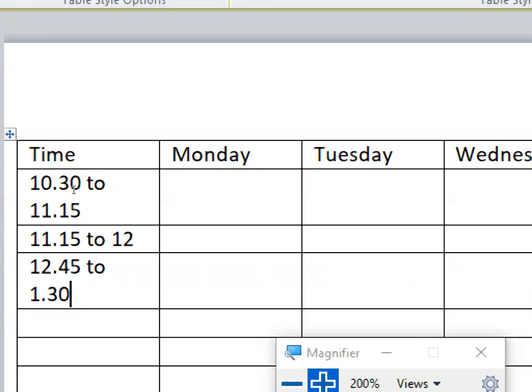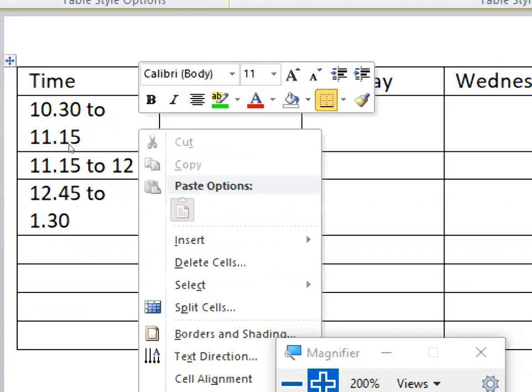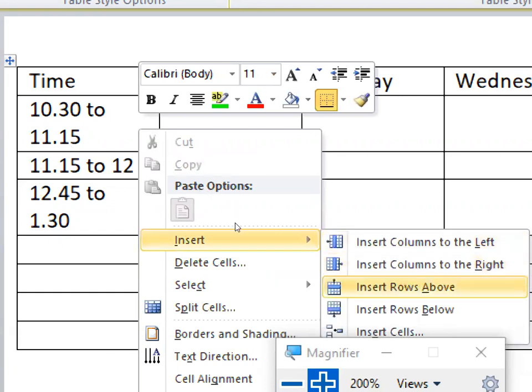The same thing you can do. If you want to have a row below or a row above a certain particular row, you can do that. So suppose I select on this, and I want to add one more row, so again I will use right click, insert rows above, which means it will create an entire row above this 11:15 to 12.